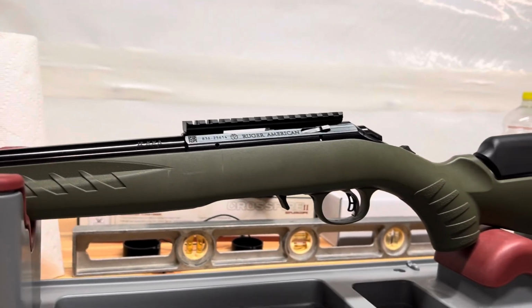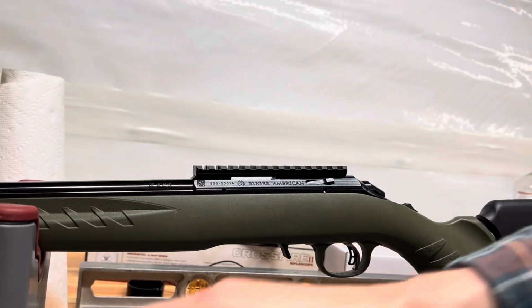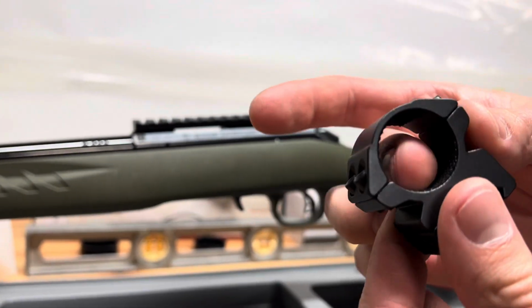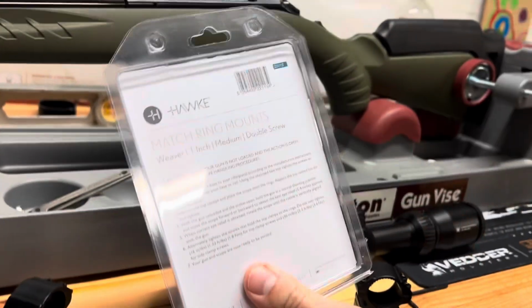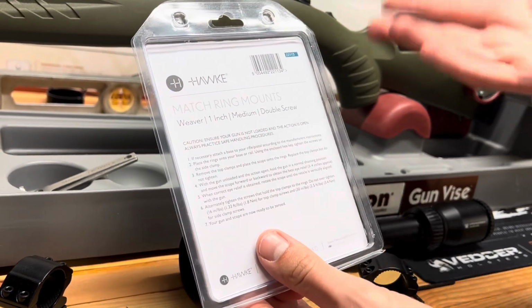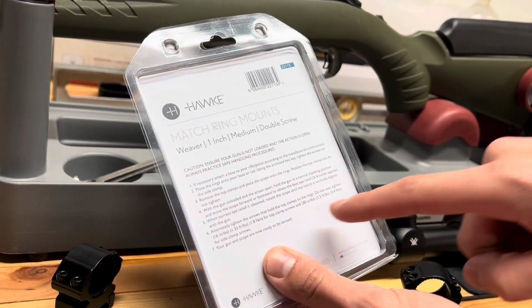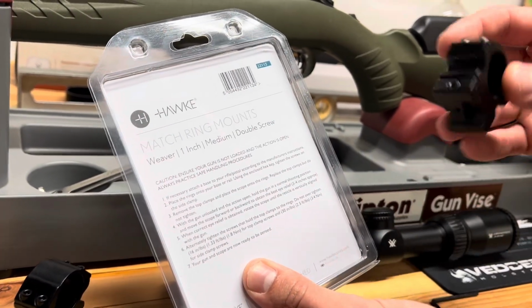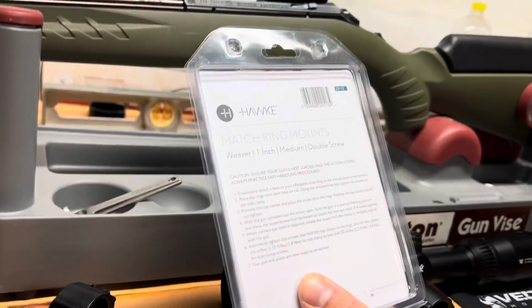Just gonna take our rings out here. I got the medium rings. Hopefully they'll be good. So you always want to check the manufacturer's instructions on proper torque specs and everything. We like to do everything to proper torque specs, and different companies have different torque specs. So as we can see right here, our side clamp screws are 30 inch-pounds. So we're going to tighten our side screws to 30 inch-pounds,